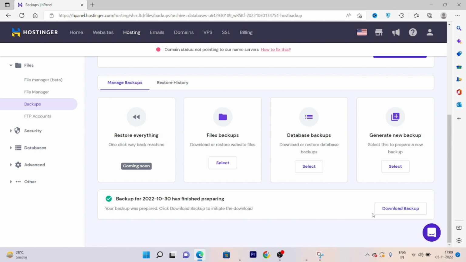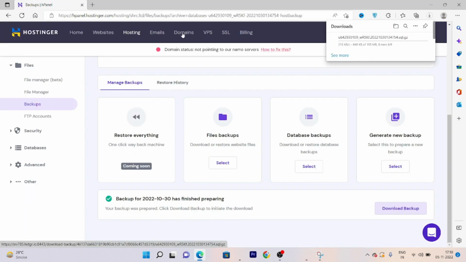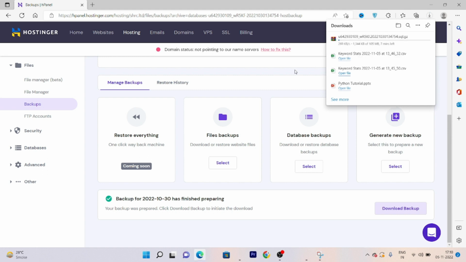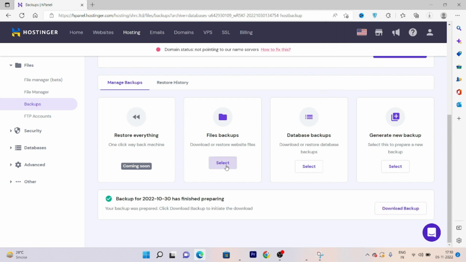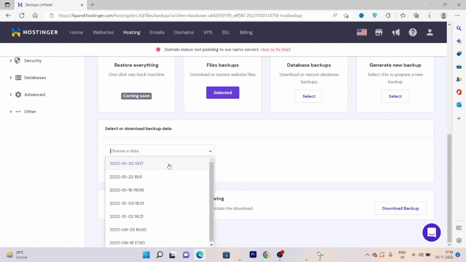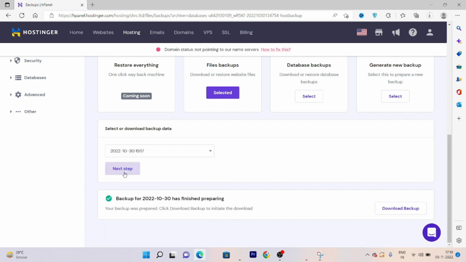Okay, so here it's done. Then click on download backup. The backup will start downloading in your system, and here it's done. Okay, so now if I want to take files backup, then the process will remain the same. So next step,